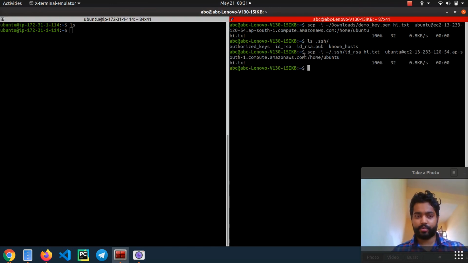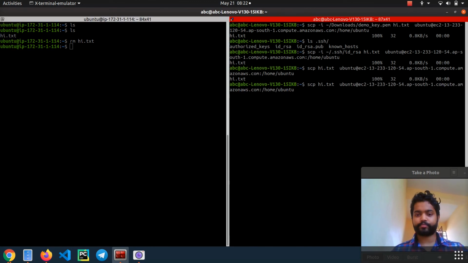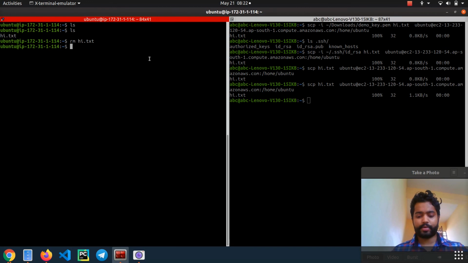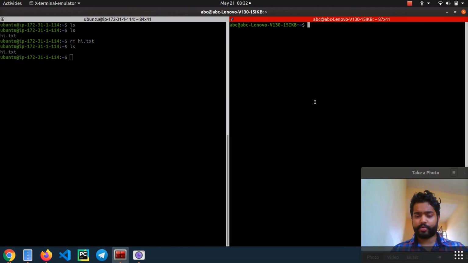Again it copied, because in the previous tutorial we set up a connection with this instance using our own private key. Now if I do not mention this as well, it will copy that, because it is by default referring to the private key that we have created in our .ssh directory.